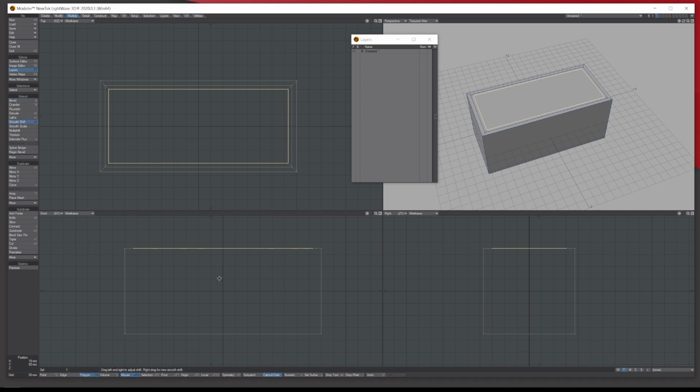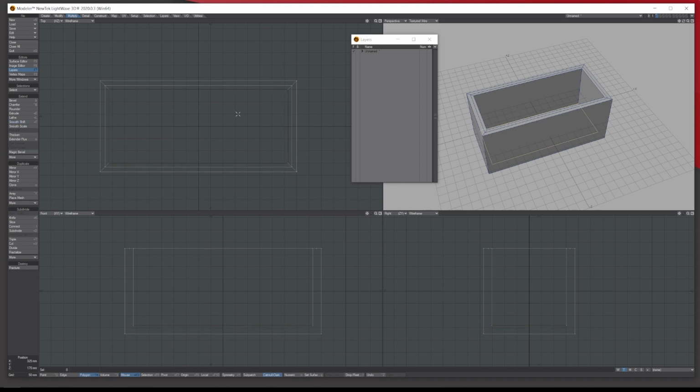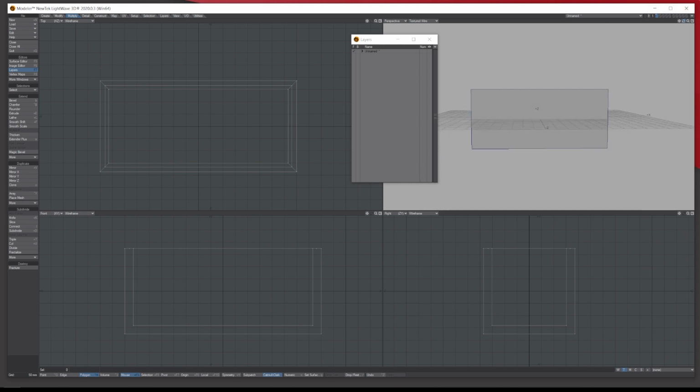Then over here, under Multiply, Extend, go down to Smooth Shift in your front or your right view. Let's just click and drag to the left, and we're going to pull it right down, so we've got roughly the same area all the way around, like so. So we've got a kind of chest. Then we'll press spacebar and then click and deselect. So we've got the basic bottom of the chest. We'll add the details later.